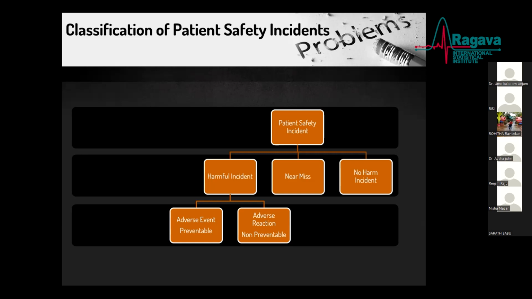And what is harmful? They are those incidents that result in harm to a patient. For example, the same incident, you transfuse the wrong blood to the wrong patient, and then the patient dies from a hemolytic transfusion reaction. So there goes the harmful incident. With regards to harmful incidents, we have something called adverse event and adverse reaction. An adverse event is something which can be prevented, and adverse reactions are usually non-preventable because they result from a justified action where the correct process was followed for that particular procedure in which the incident occurred.